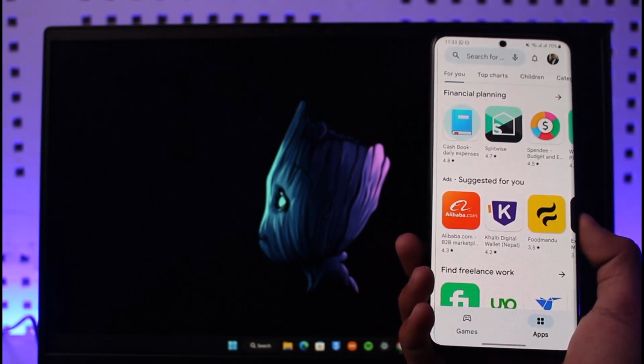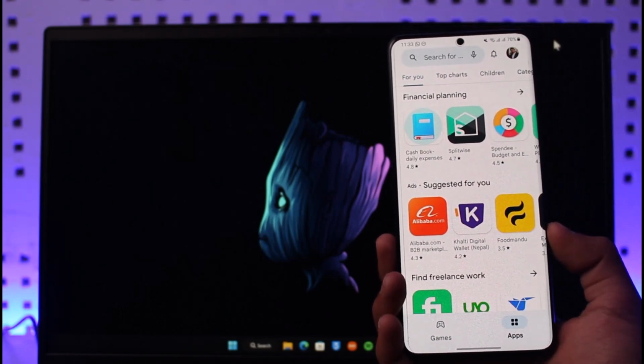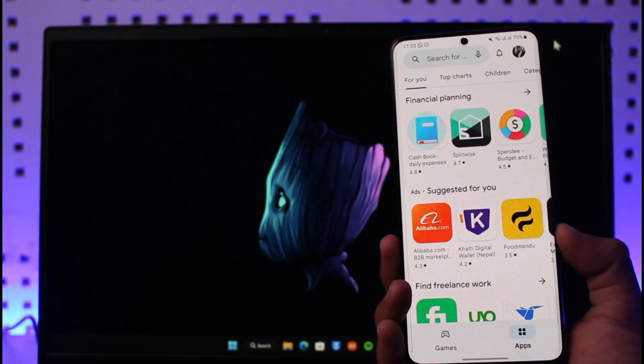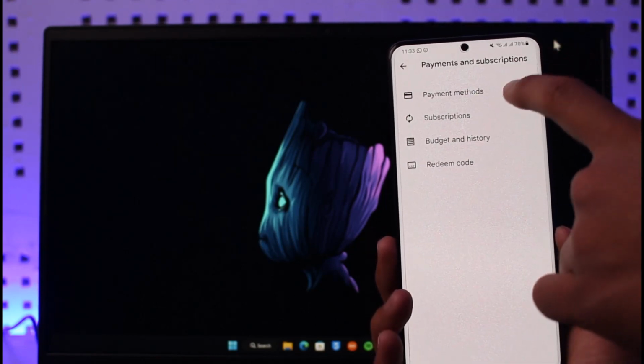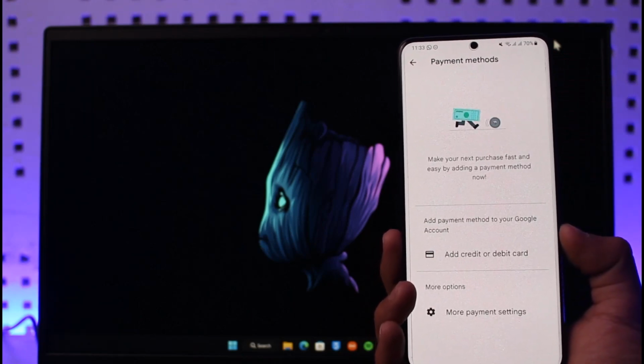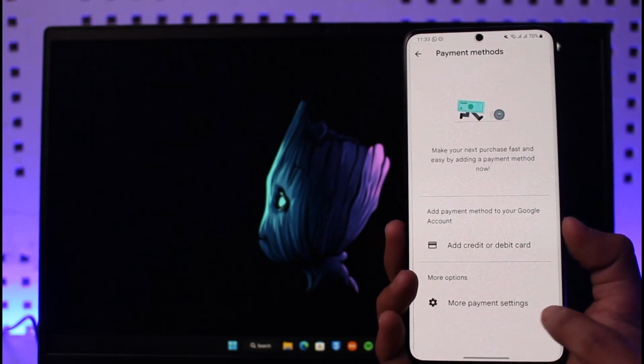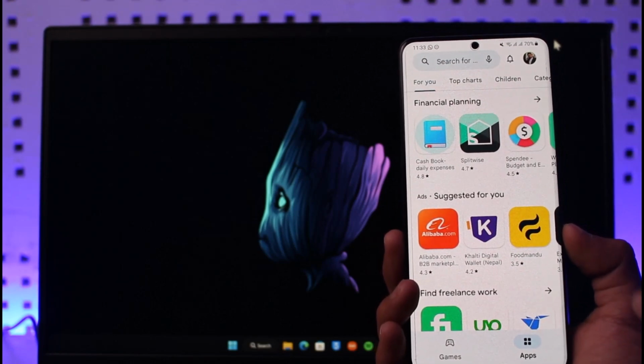Well, in order to actually change a payment account on Google Play, we're not learning to change our payment method, because if we want to change our payment method, we have to tap on the profile icon, go to payment and subscription, go to payment method, and then add a new payment method respectively. But we want to change the account itself, so what we will do is we'll just come back, tap on